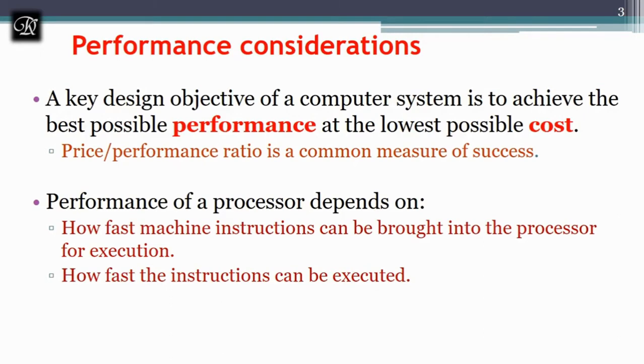The performance of a processor depends on how fast the machine can get the instruction. It means from hard disk, secondary memory to the processor, how fast we can get the data. Because the processor is already too fast, if you want to keep the processor as busy as possible, we have to have a technology which can bring the data from the slower memory to the fastest processor. For that we have introduced the concept of virtual memory, and there we had RAM, then a cache, then levels of cache, and registers and processor. This is the sequence we have got.